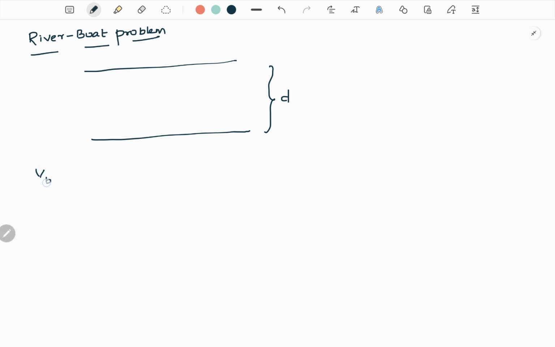Let's say VBR represents the velocity of the boat with respect to the river, or in simple terms, the velocity the boat would have if it was driven in still water. In a lake, let's say you take a boat and you drive or steer it, the velocity with which it would move in that still water, the water which is not moving,